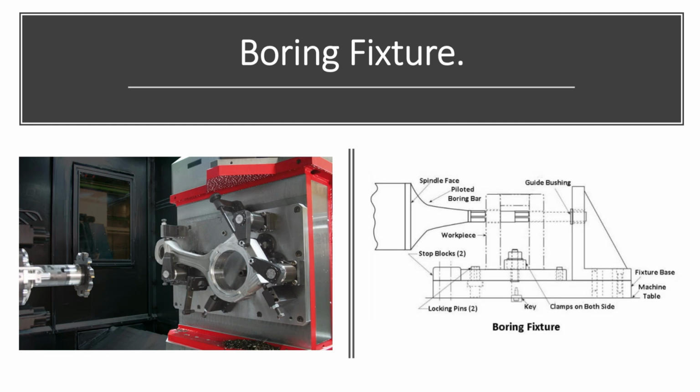So in these two cases, two different types of fixtures can be employed. In the figure on the left side, the workpiece is stationary, and this rotating tool, that is the rotating boring bar, is fed into this workpiece. But in cases like the lathe operation, in this boring operation the workpiece is rotating and the tool is stationary. In that case, a different kind of boring fixture methodology can be used.